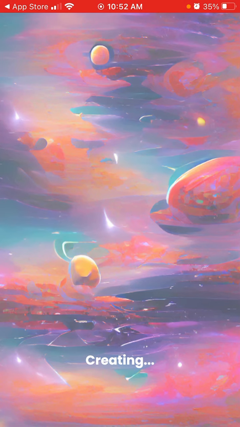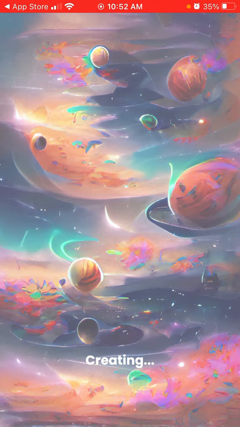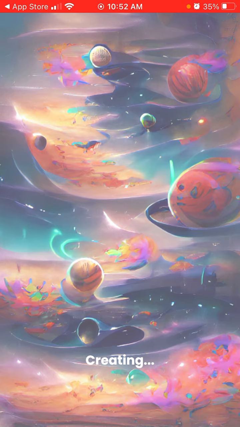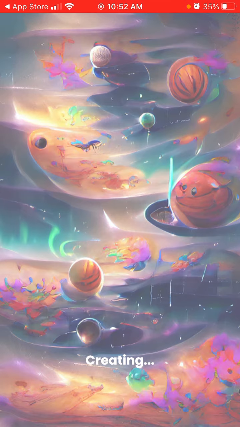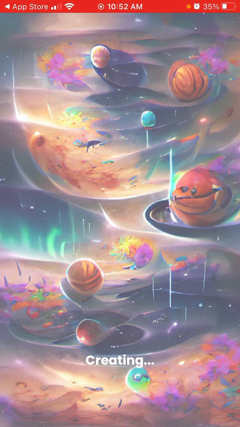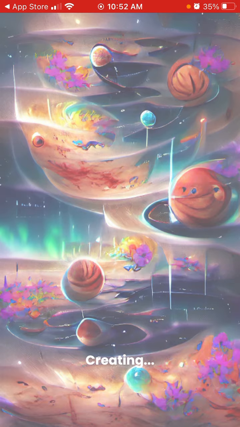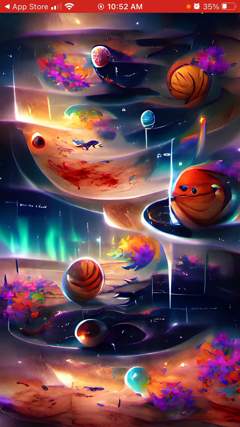And this is basically the idea. So you select like planets in space, and then you just create this. So that's basically the idea. That's how it's working. And yeah,